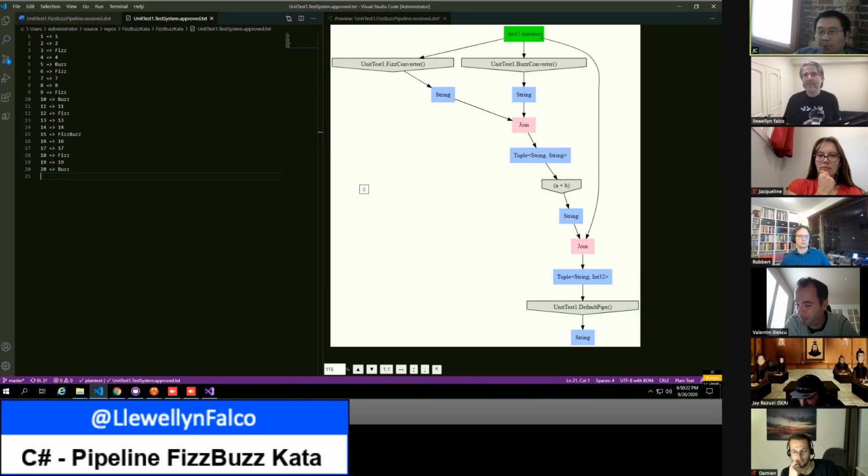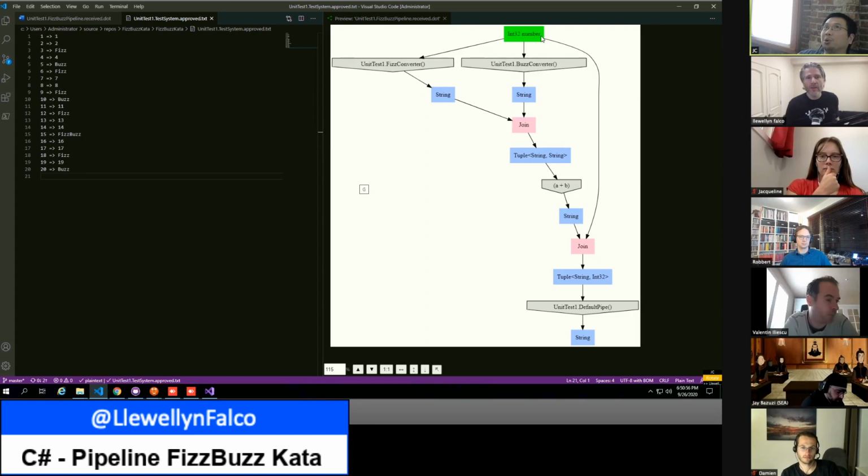So it looks like approval tests here is showing an end-to-end test, and saying how should the input flow through a pipeline, and then how should the results look depending on the input. Is that right? Approval test is showing us an end-to-end test because I wrote an end-to-end test with approval tests.